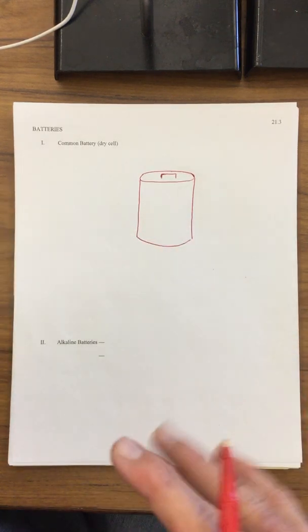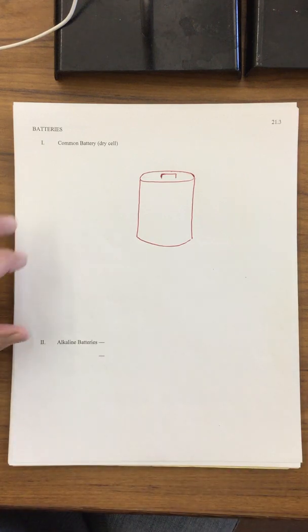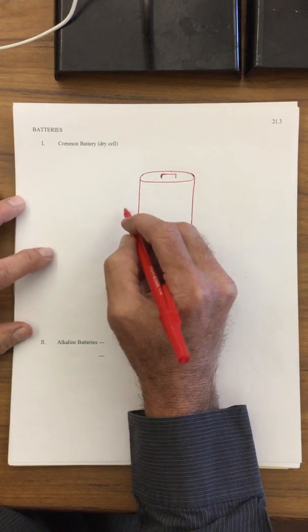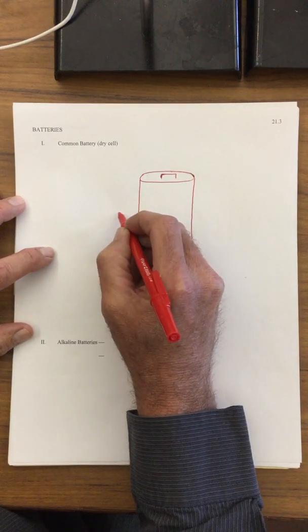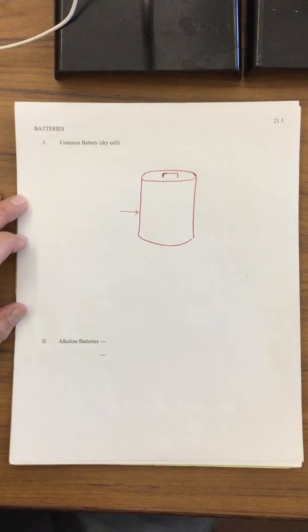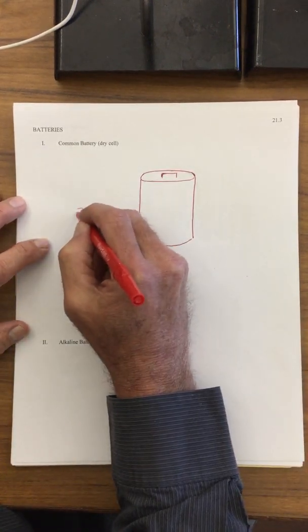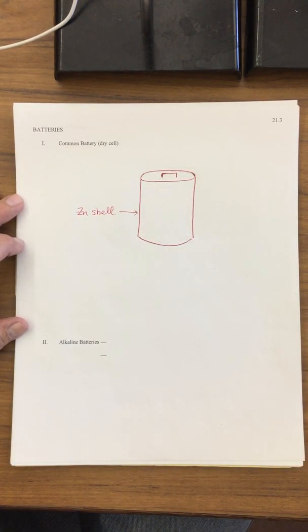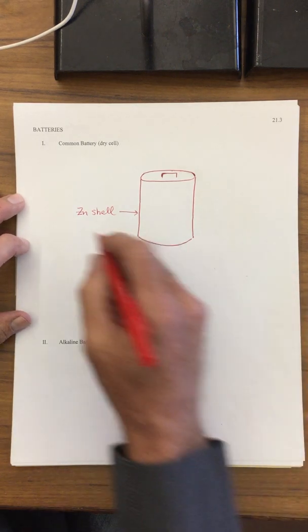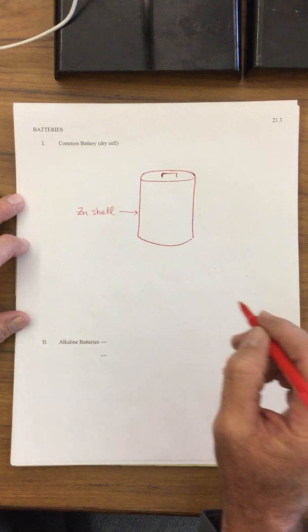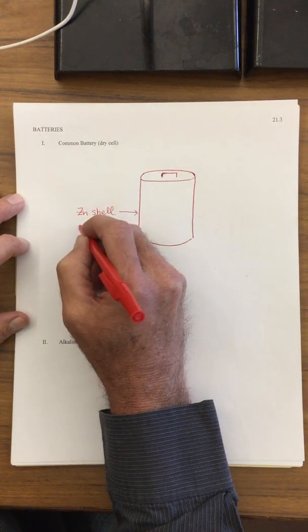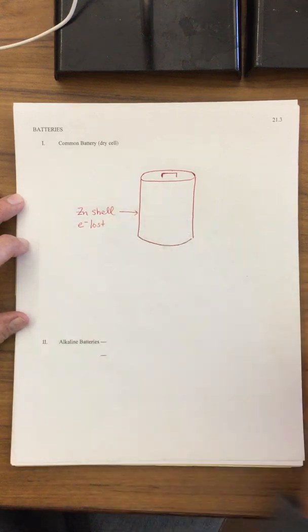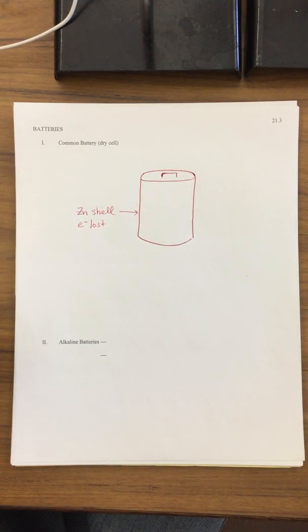If you were to look at the inside of a battery, this casing that's containing everything is actually made out of zinc. This outer casing is a zinc shell. Just like with our voltaic cell and even with the lab that we did, creating this electricity and voltage, we were using zinc. Zinc is going to be losing the electrons. So this is going to be the electron source. Over here, the electrons are going to be lost by the zinc.